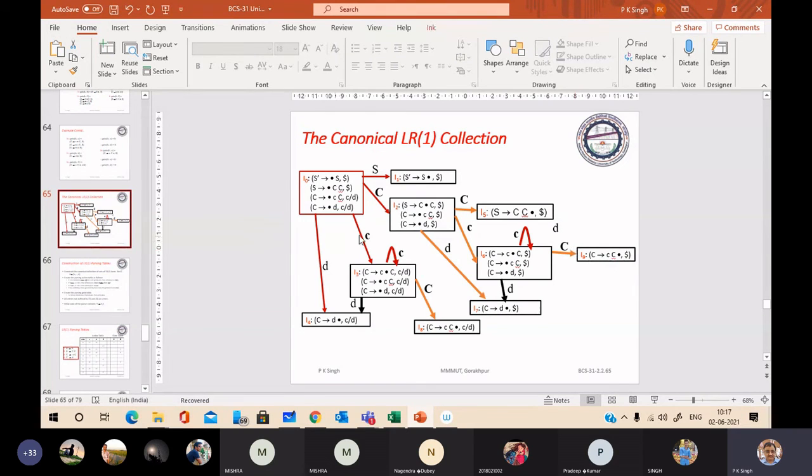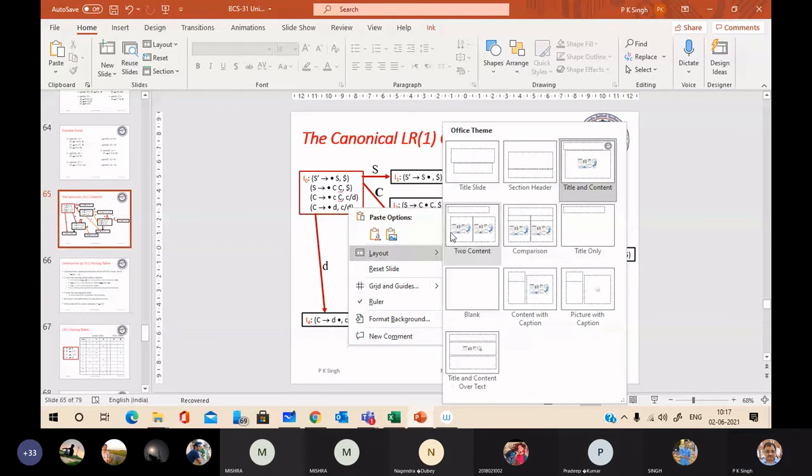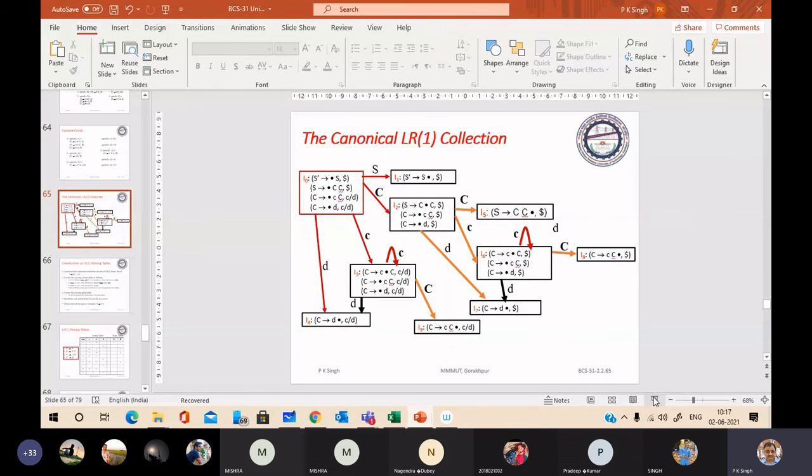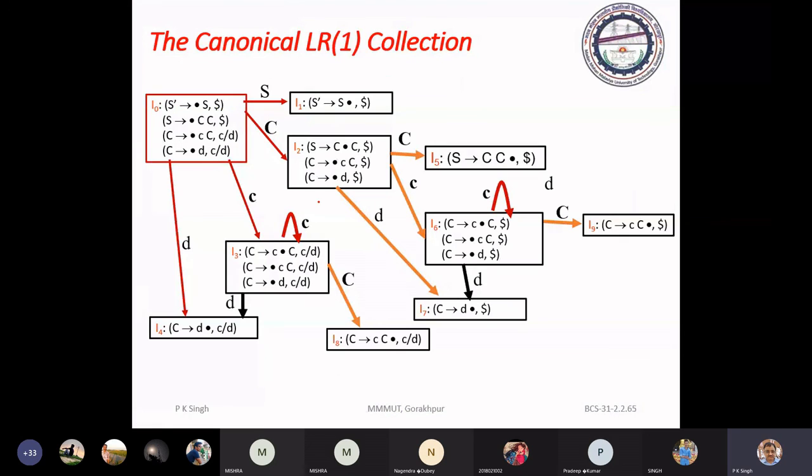Then suppose we have A2 alpha dot B beta, and here we have symbols a, b, c, d and so on as lookahead symbols.